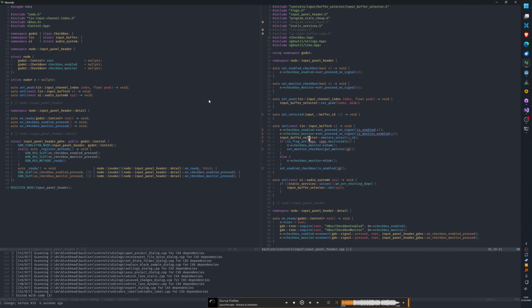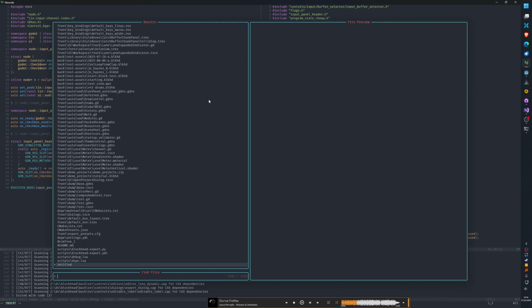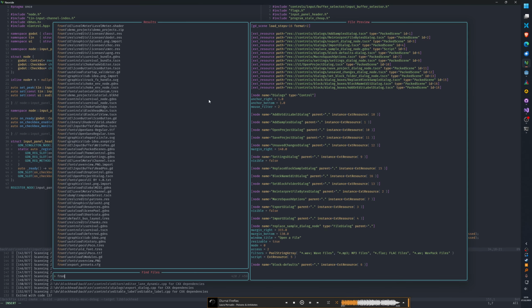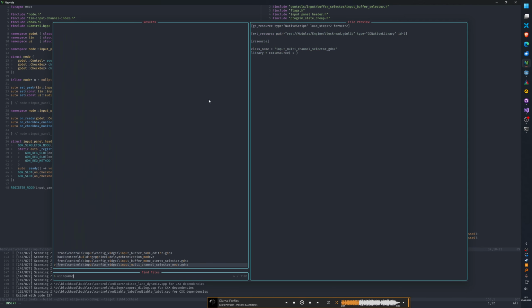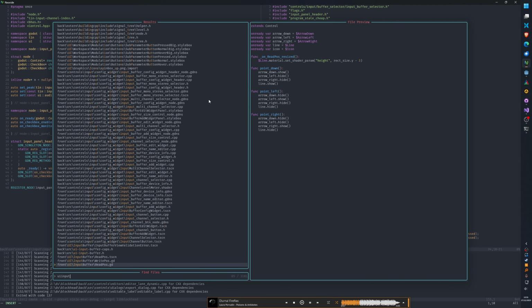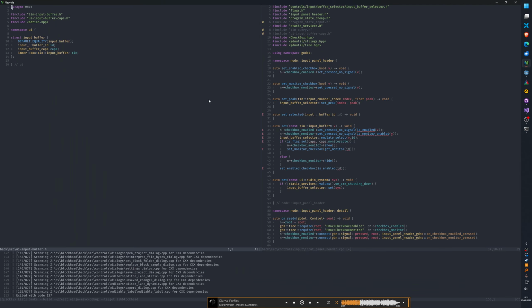Caps doesn't exist. Where are the caps? Is it front end? No, it would be in UI. Input buffer. Yeah.